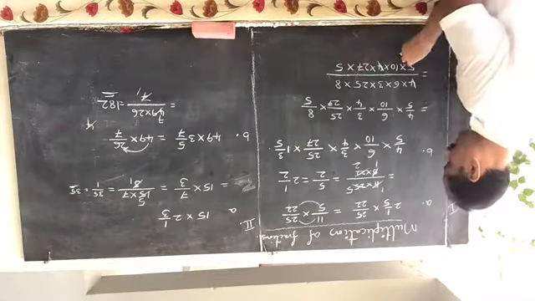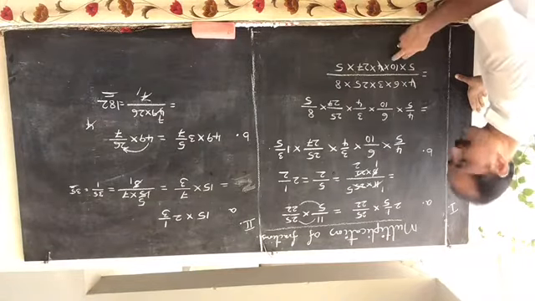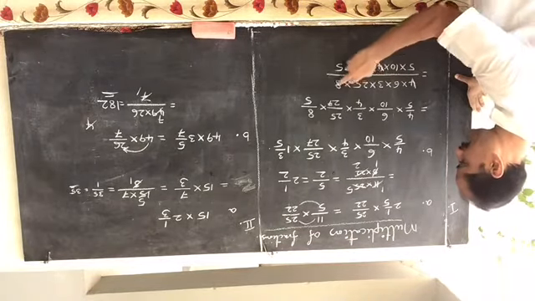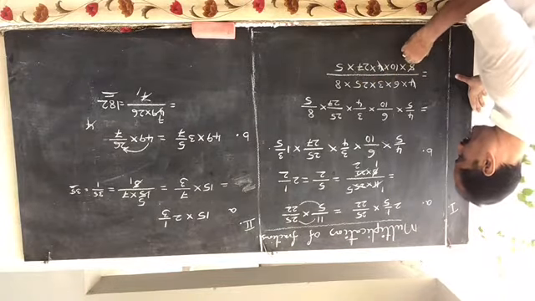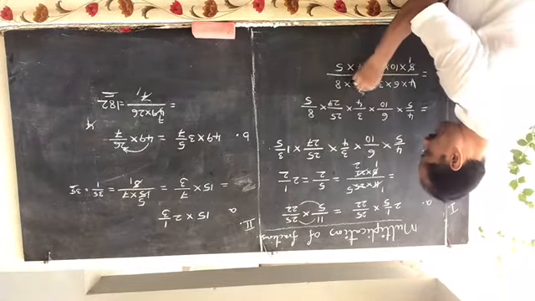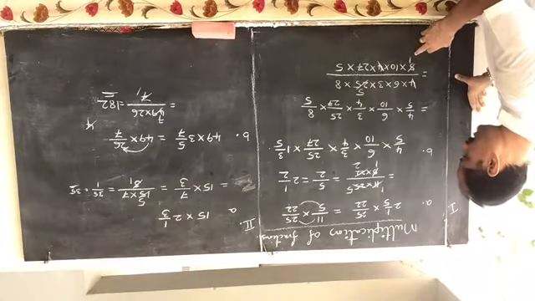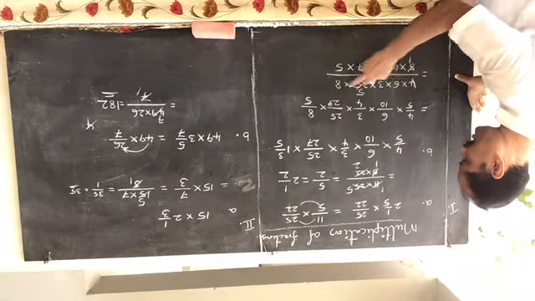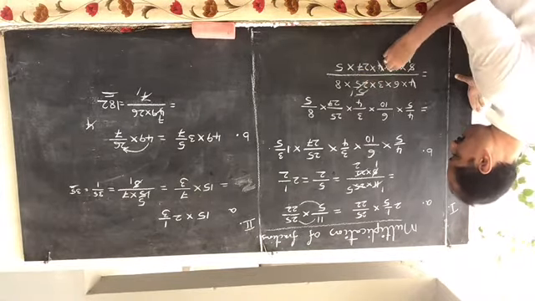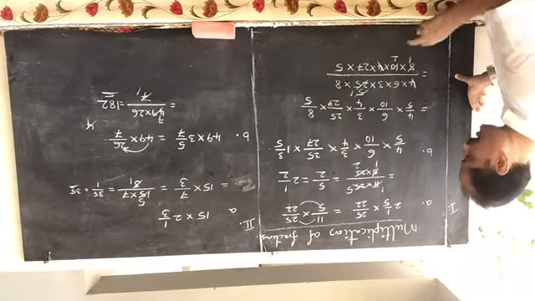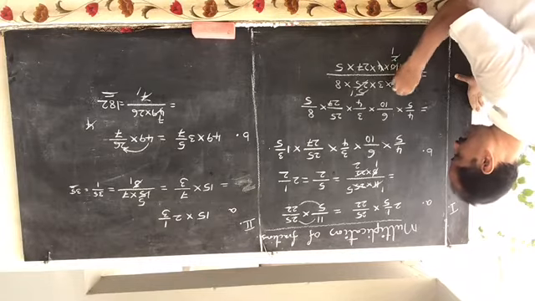So here there is 5 10, we should not do 5 1 5 2, because both are denominators. Observe. Is there anything in the numerators? 6 no, 3 no, 25, yes: 5 1s are 5, 5 5s are 25. Like this you have to check, that much only. Now there is 10; is there anything for 10 in the numerators? Yes, 5 10: 5 1s are 5, 5 2s are 10. Now is there anything for 2 in the numerators? Yes, 6: 2 1 is 2, 2 3s are 6.